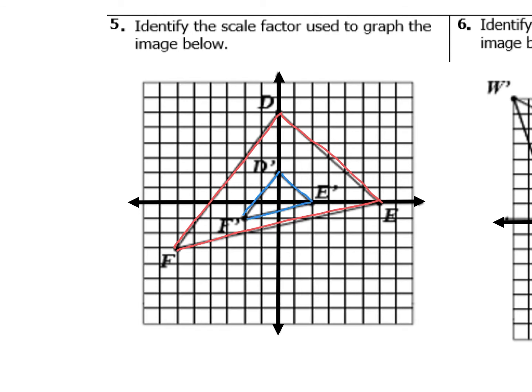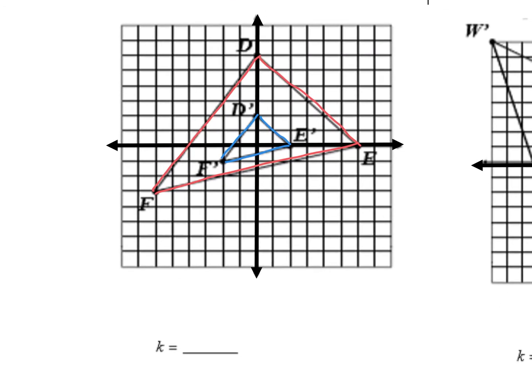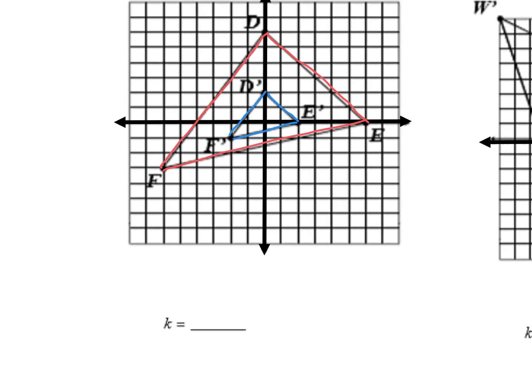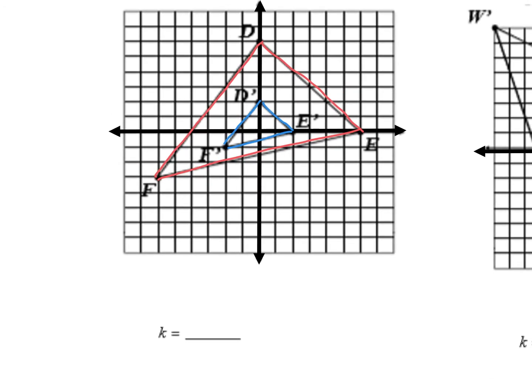So I know that the triangle got smaller because the small triangle is the one with the prime marks. So in order to figure out what the scale factor is, there's a couple different things you can do. I'm going to look at point D,